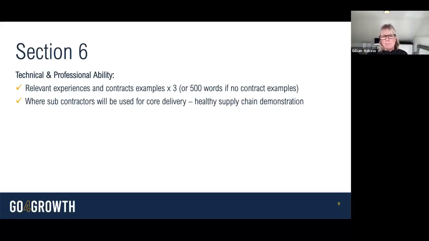And especially in things like payment, where if the contracting authority is paying their principal contractors in 30 days, they want to be certain that that is being flowed through to subcontractors who are also being paid in 30-day terms as well. And there are some real horror stories out there where that hasn't happened. So in section 6, you might be asked about how you manage your suppliers and how you ensure that those values are honoured throughout the supply chain.